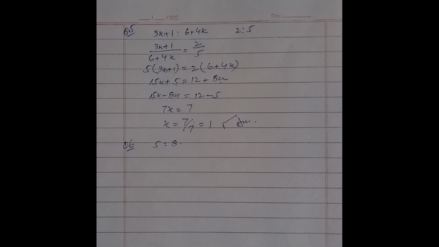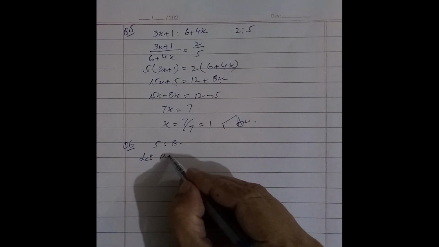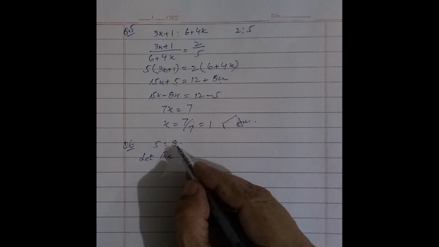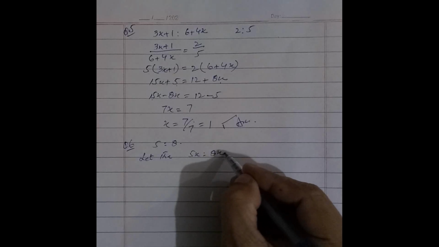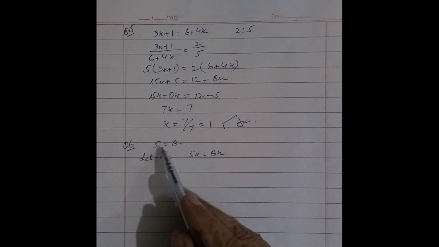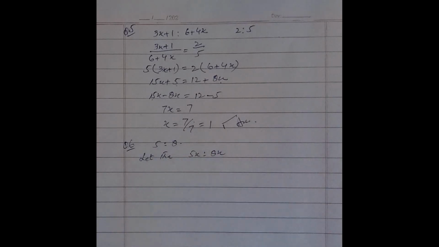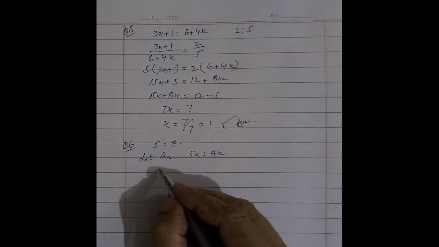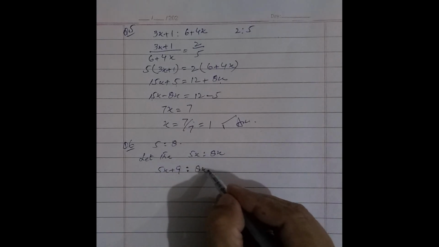So let the ratio between 8 and 5, we write it 5x ratio 8x, means both sides we multiply x, 5x ratio 8x. And the next step is, if we add 9 to both of them, we get 5x plus 9 ratio 8x plus 9,